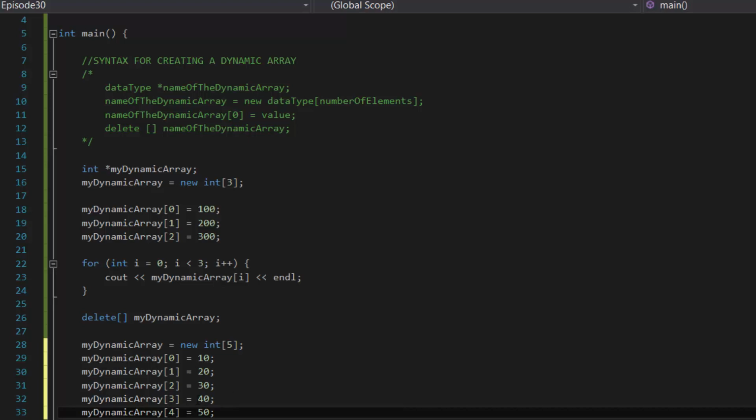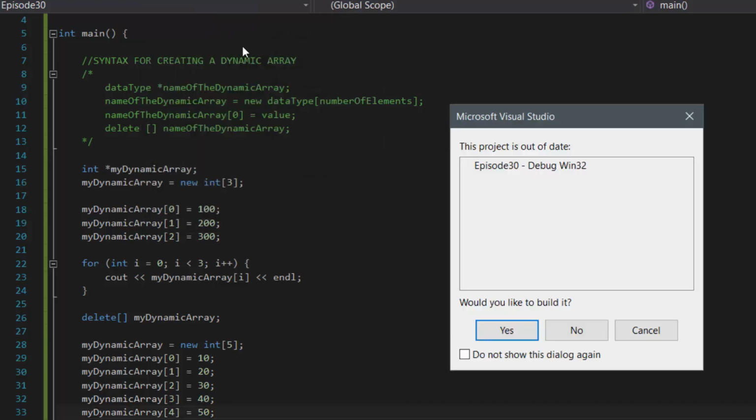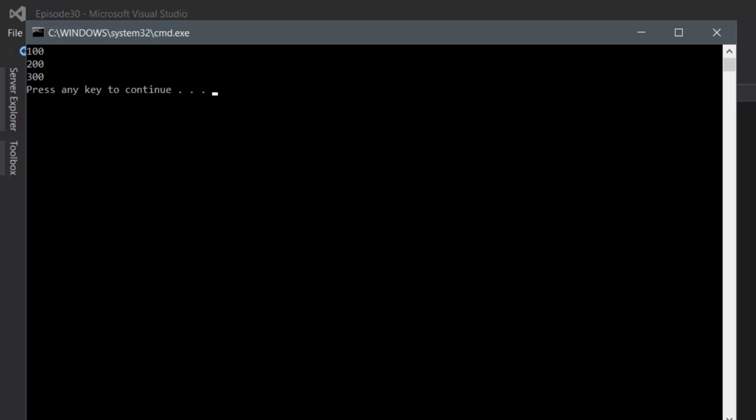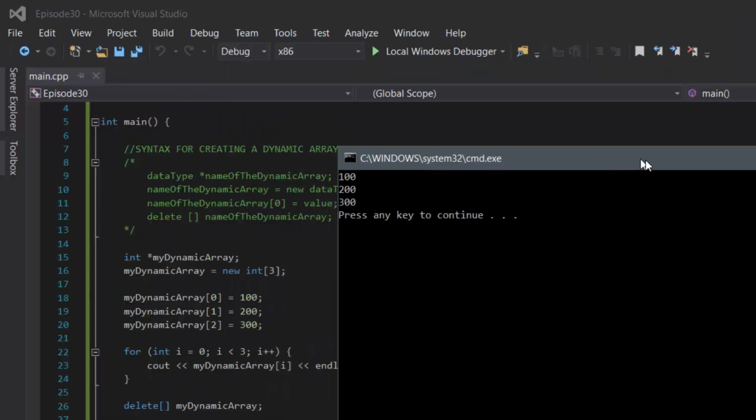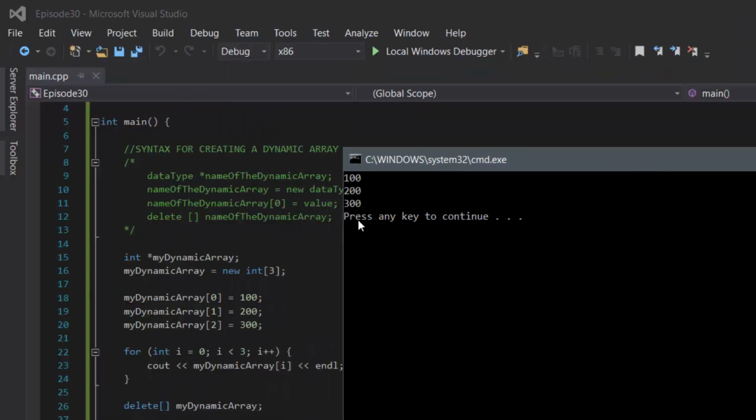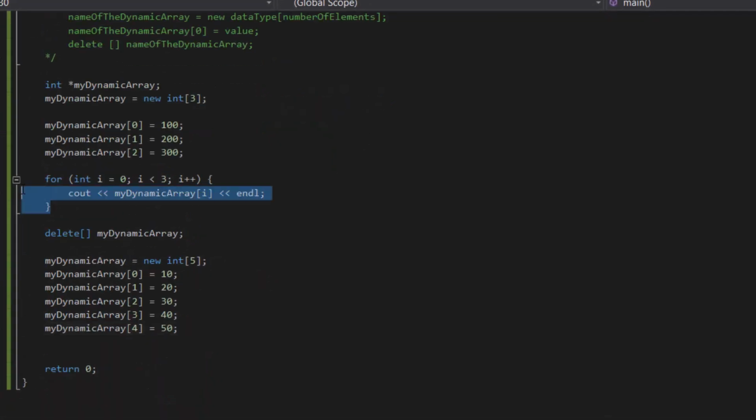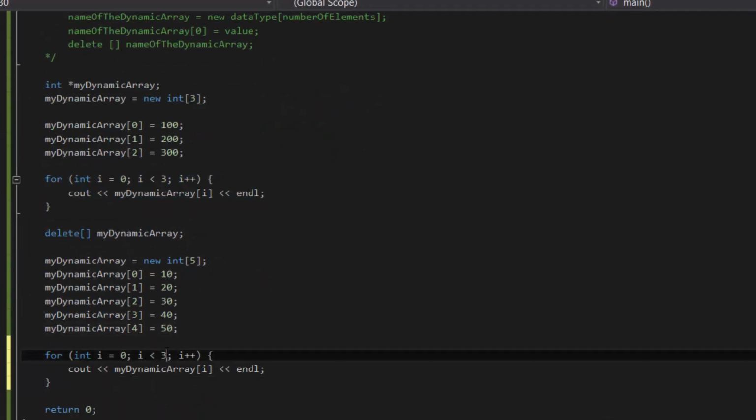Okay, that's 5 values. So we're going to compile and run this program. What do you think we will get? No errors, right? But as you can see, it shows, okay, I forgot to use the loop here. My bad. So if we copy and paste that on the bottom, change the 3 to a 5,